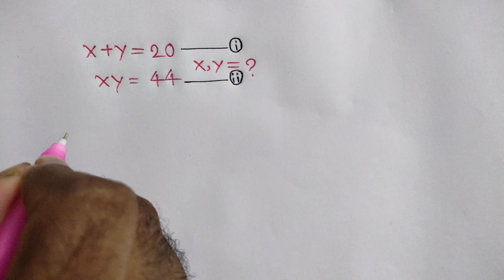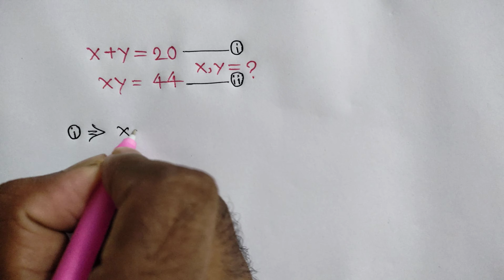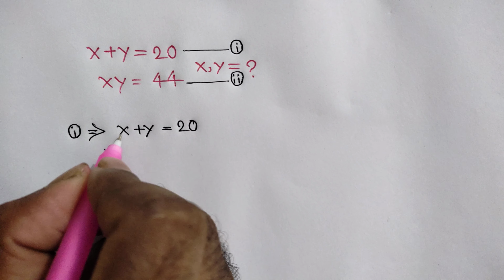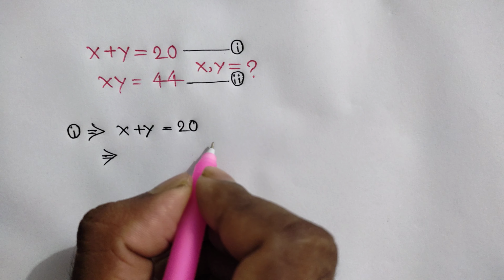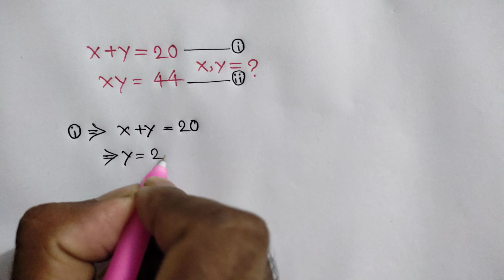questions have given x plus y is equal to 20, or now taking this x to right side we can write y is equal to 20 minus x, so we will get y is equal to 20 minus x, and it is called equation 3. Okay. Now from second equation, questions have given